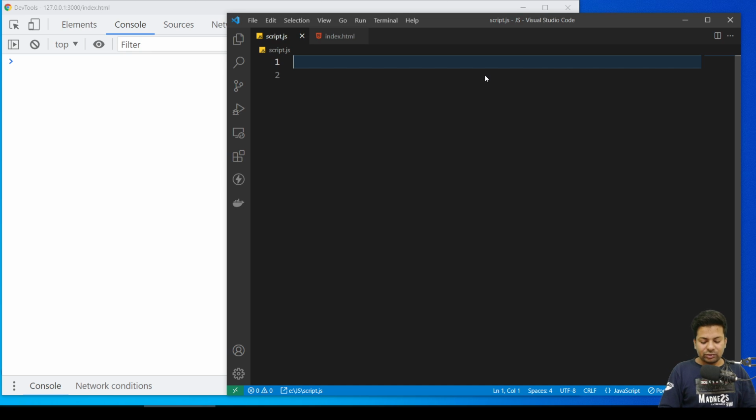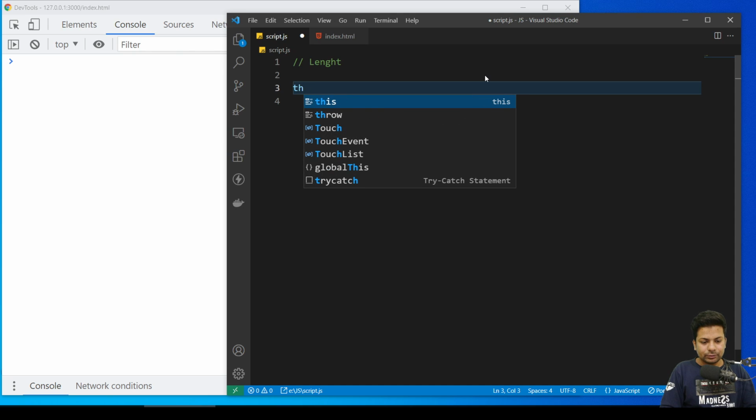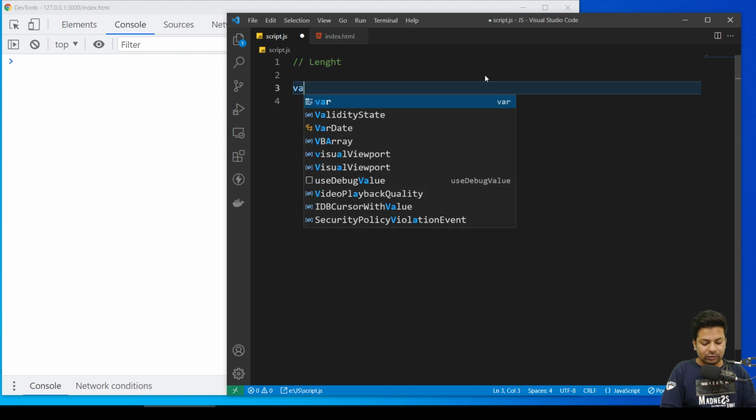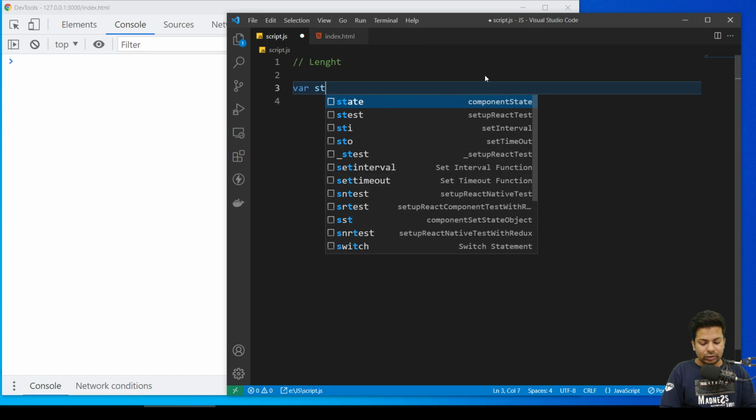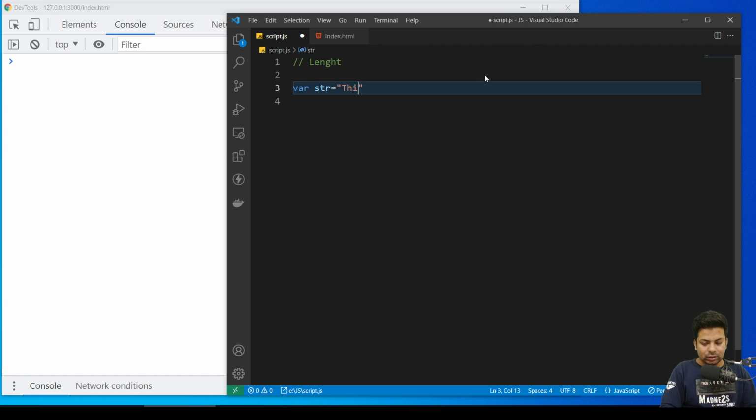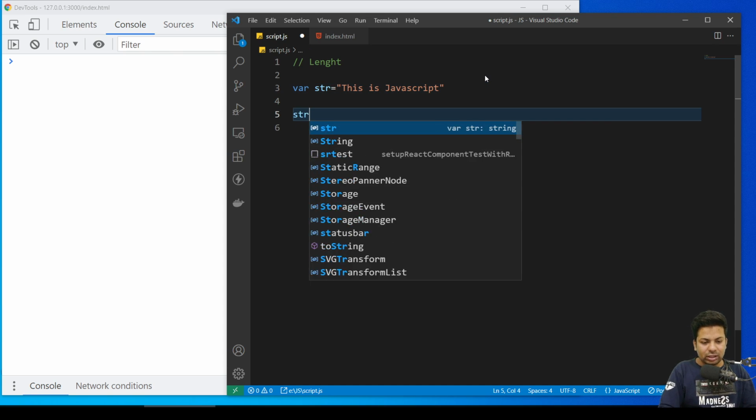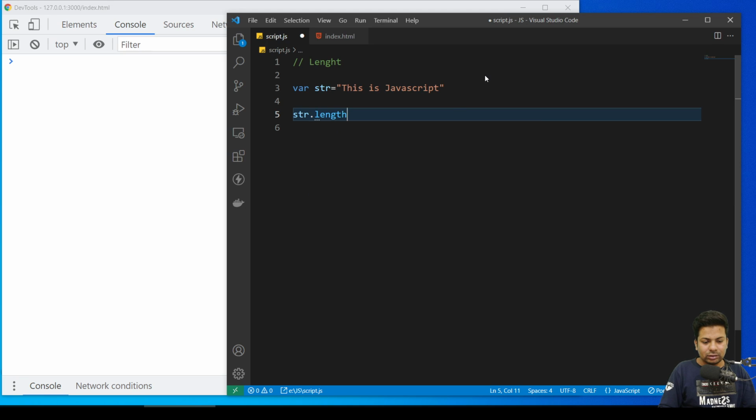So the first one we have is length. Suppose I have a variable string, and I'll say this is JavaScript. I want to get the length, so I'll say str.length.